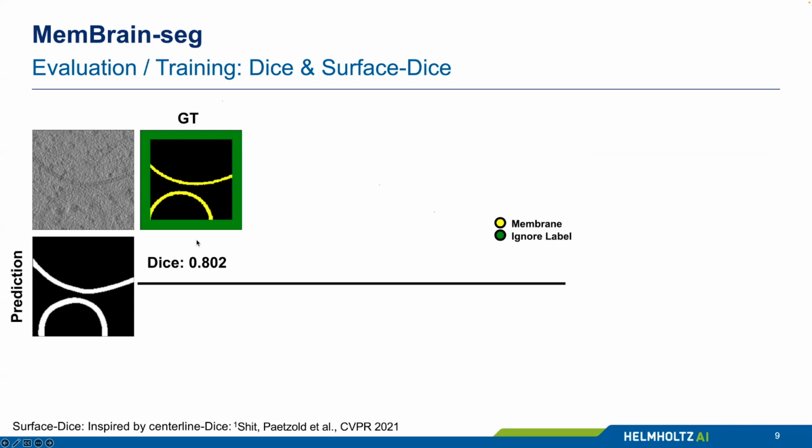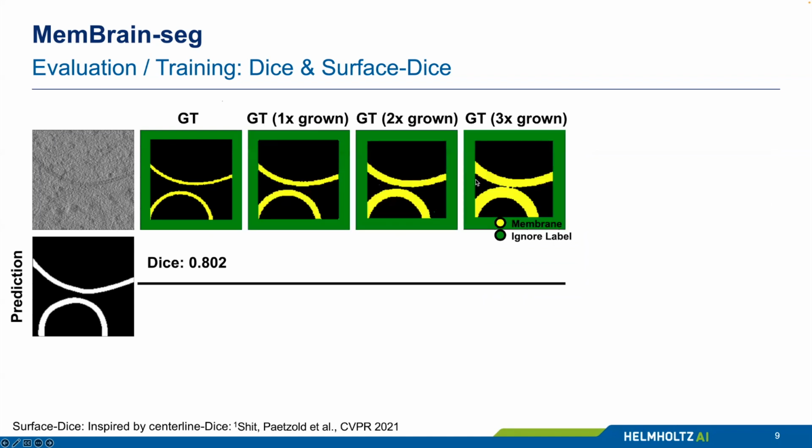and compute the dice score between them. I mean, they are agreeing pretty nicely, so we get a dice score of 80%. But now what happens if we just grow these ground truth segmentations and then still compute the dice score is that the dice score is going down, even though I would argue that the segmentation quality is still pretty good in the second and third one. Maybe the fourth one is a bit too exaggerated, but still, I mean, the dice score doesn't show the full picture of the segmentation quality, in my opinion.